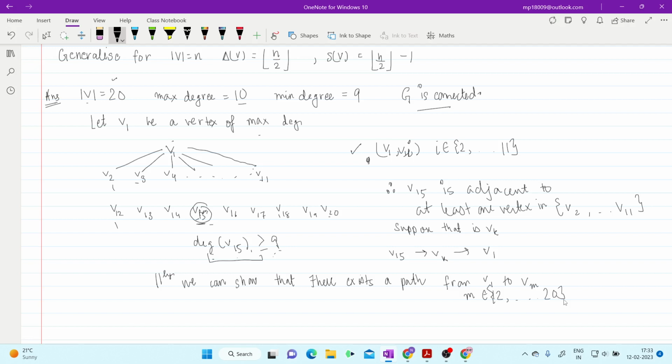So V1 was already connected to V2 through V11, and we can find a path from V1 to the remaining vertices also. So from this we can conclude that G is connected,